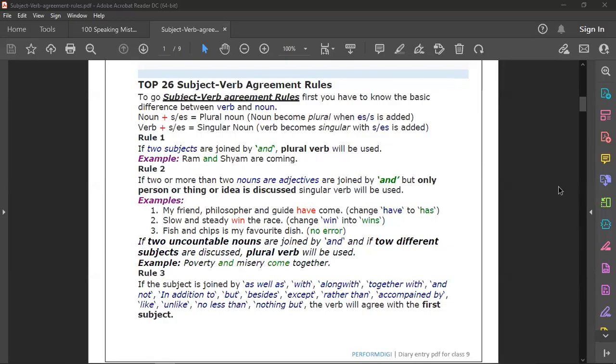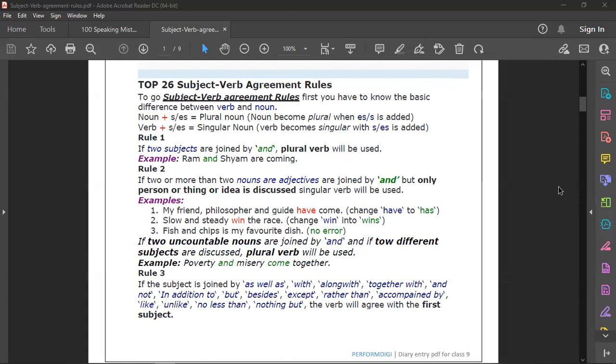So guys, today we are going to talk about the top 26 subject-verb agreement rules. But today we are not going to cover all of them. We are going to go for half of it so that you can remember it and just go through the stuff. So let's start then, which talks about the subject-verb agreement, because some of the verbs or the